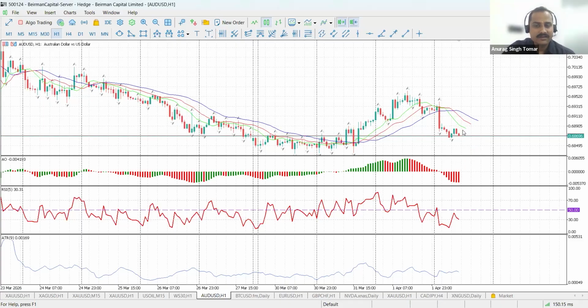Because right now prices are trading sideways. Why? Because they want to come into the mouth of the alligator. So they are in a phase of time correction. When it is done, there is a high probability you'll find the sell call from this fair value gap, from this imbalance, right? Then, if there is a reversal and all the three moving averages are pointing downwards, take the sell call.